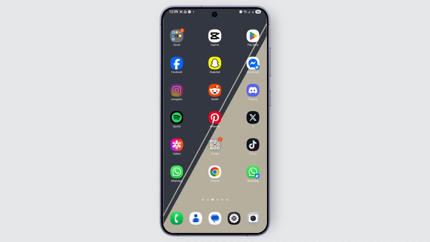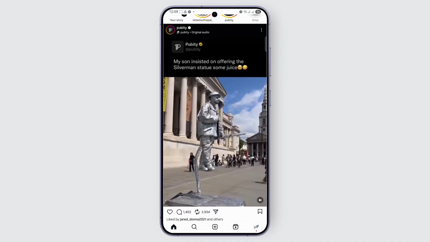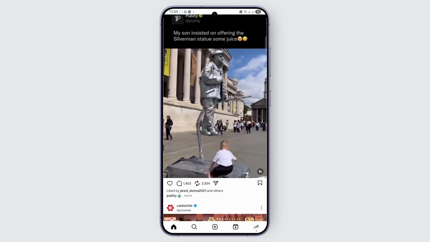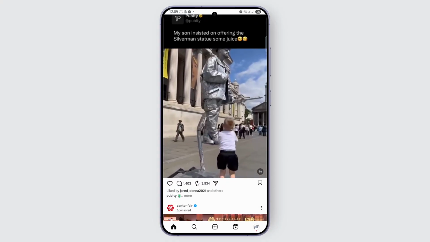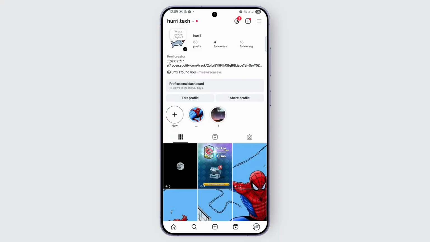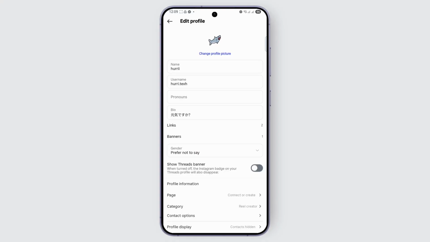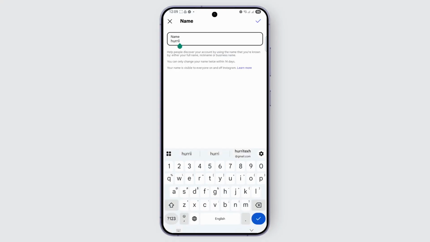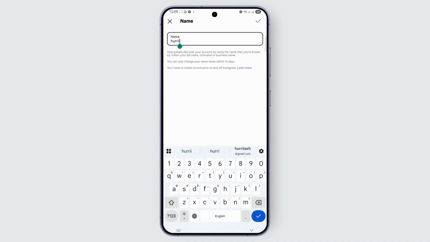In today's tutorial, I'll show you a quick and easy way to change your Instagram name before 14 days. So what happens is if you go ahead and tap on the profile icon at the bottom right and you want to change your name, you usually hit the edit profile button and then go to your name. And let's say if you want to change it just like so, you're only able to do it twice every 14 days. So I'll just change it something like this